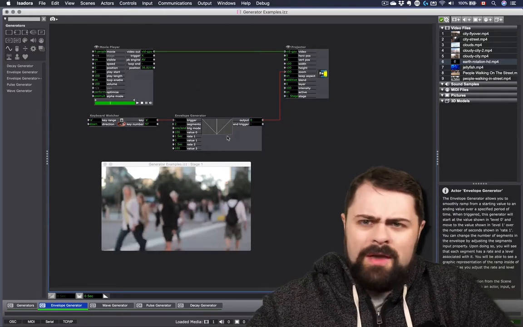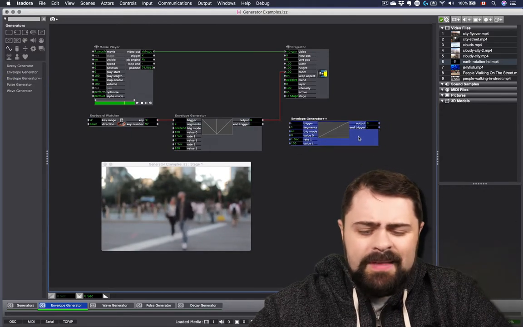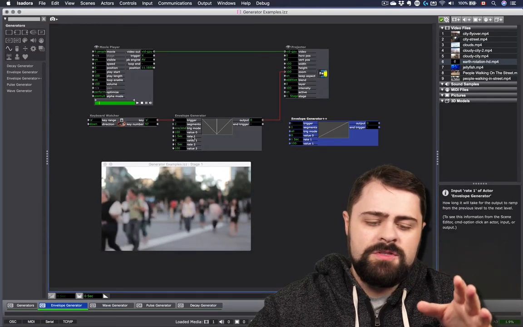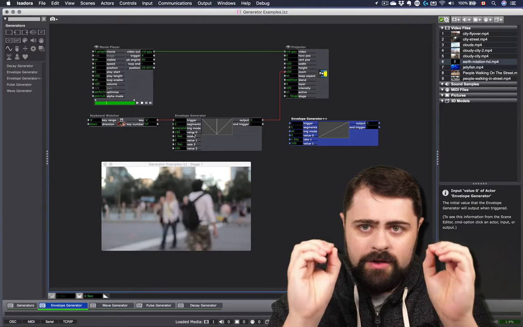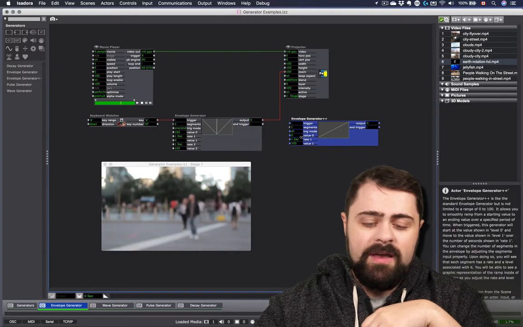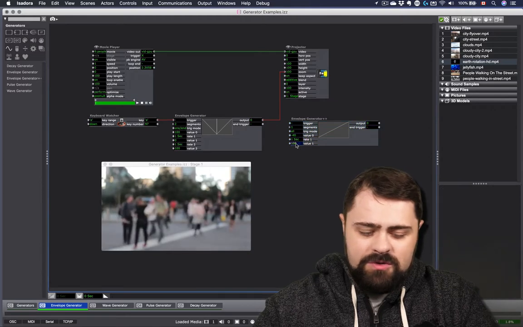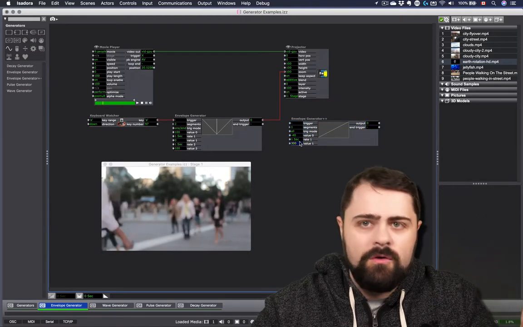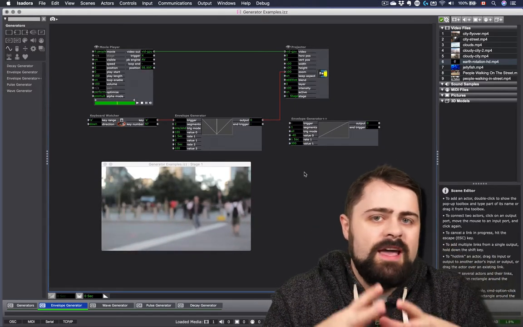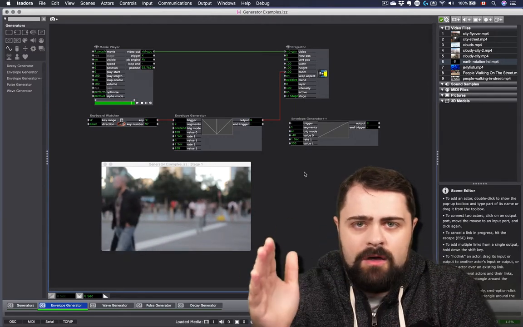Now, you may be wondering, okay, what does the envelope generator plus plus do, and what's the difference? It's actually a very fine difference here. With the envelope generator, your values are always between 0 and 100 on the generator itself. But with the envelope generator plus plus, we can actually plug in values of any number. We can have negative values as well as values of 3000 or more, or 300, whatever we want. So these are all tools that you can use alongside the value scaling of Isadora to very precisely migrate between one value to the next.